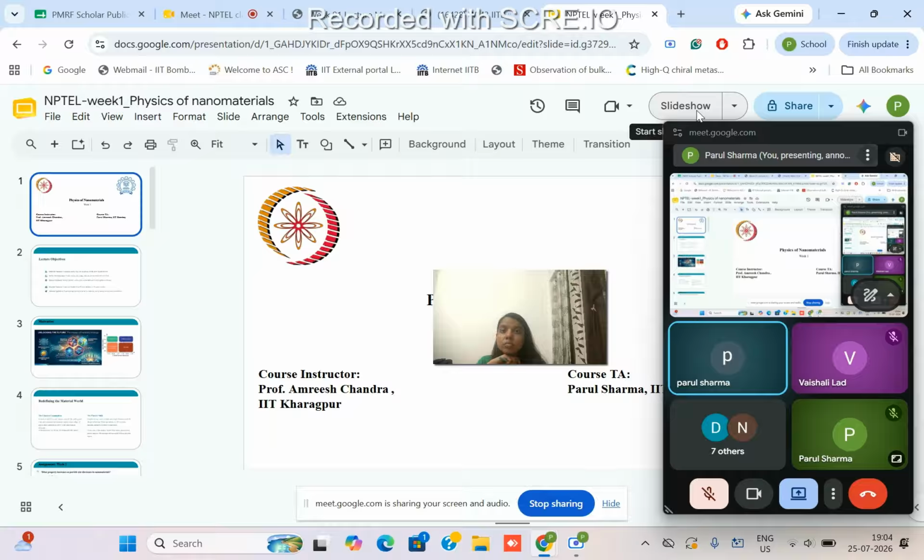Then there are some applications of superparamagnetism. So these are the naturally occurring superparamagnetic substances in tissues. And other than that,